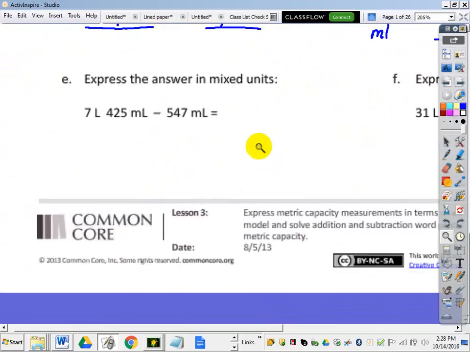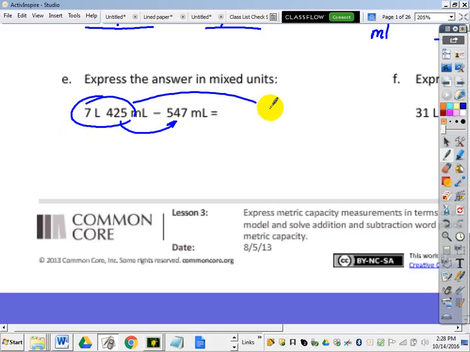Express the answer in mixed units again. So they want to have liters and milliliters separated out afterwards. That's cool. Can you take 425? Can you take 500? Can you take those two away? You can't. You're going to have to borrow. So what I would say, let's change this whole thing into milliliters to begin with. So it's all in milliliters. So I'm going to call it